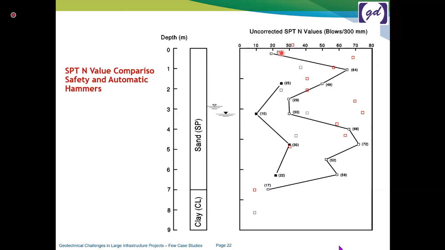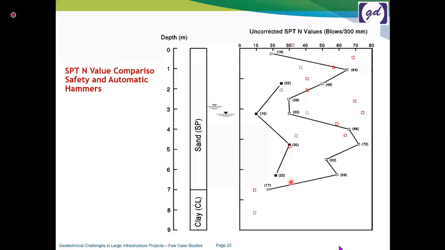Now, if somebody gives you this output, your decision making or shear strength assessment of that site would be different. And if somebody supplies you the SPT values from the automatic hammers, your decision making on the type of foundations and the shear strength profile would be different. So the type of hammers and equipment you use in a geotechnical investigation program also makes a big difference, and SPT blow counts are usually not comparable unless you compare all the aspects of the site and of the investigation carried out through those equipments.